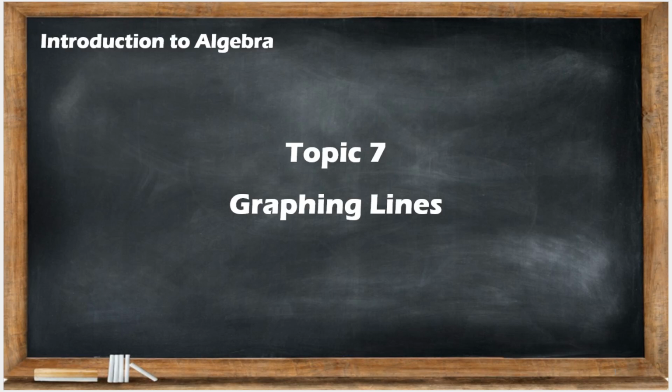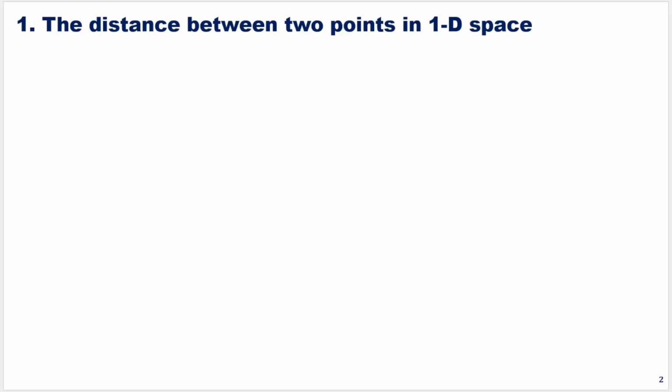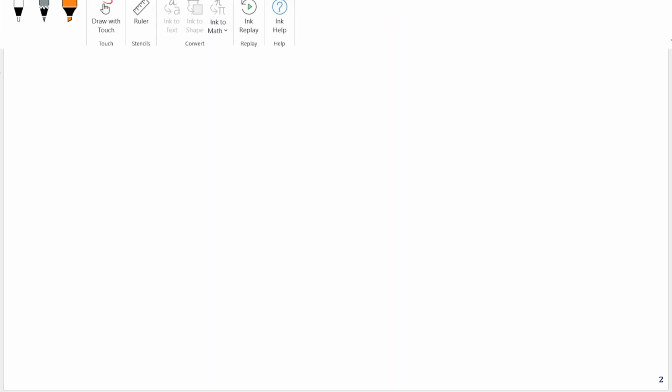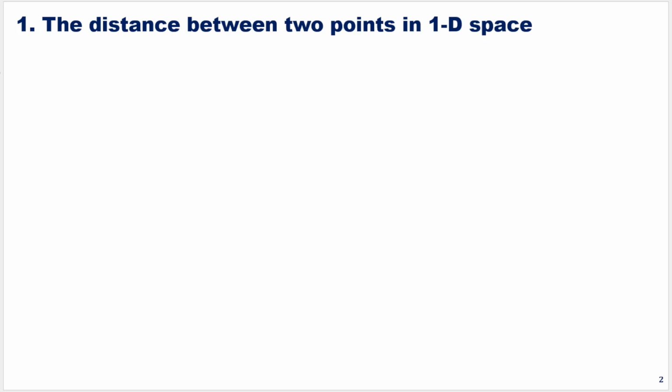Alright, today let's have a look at topic 7, graphing lines. First of all, let's have a look at the concept of the distance between 2 points in 1D space. So here 1D space means one-dimensional space. Usually we'll use the number axis. We'll use the number axis to denote the one-dimensional case, because in one-dimensional space you can only move along one direction,